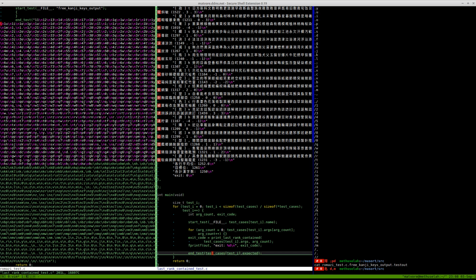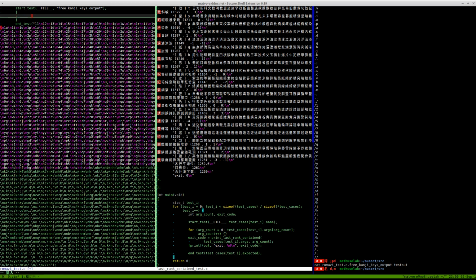Why is out not getting anything? I do not understand that. Seems like it's doing everything right. Oh, because this doesn't actually have any logic in it here. Okay, that was obvious. So we want to say free kanji keys with no